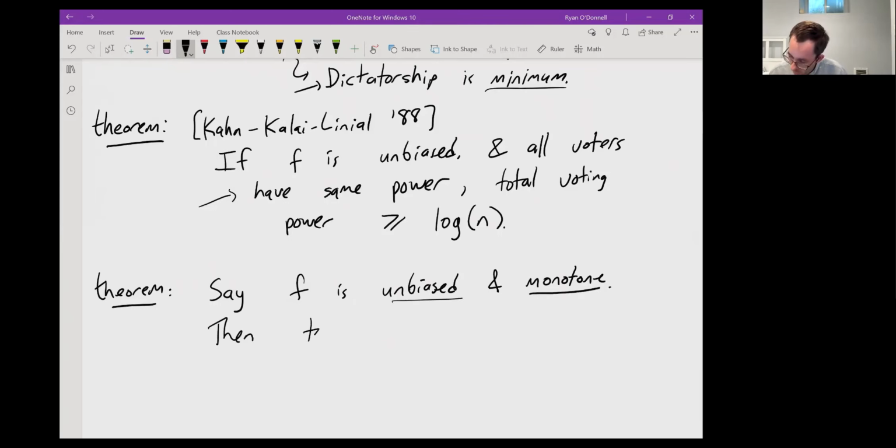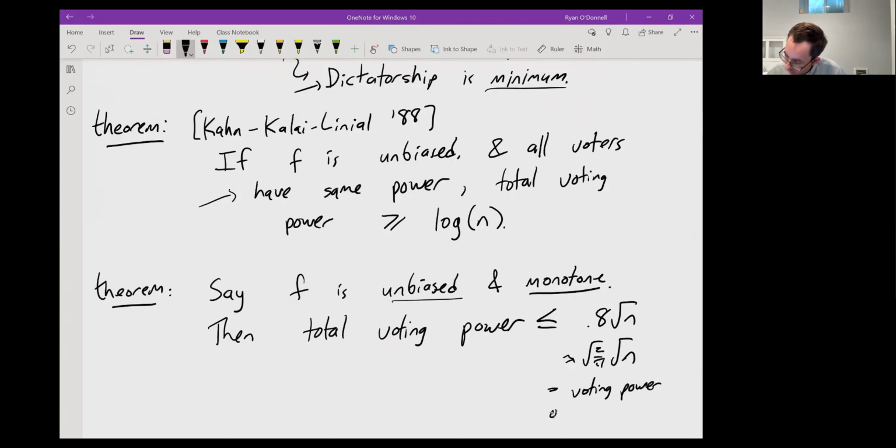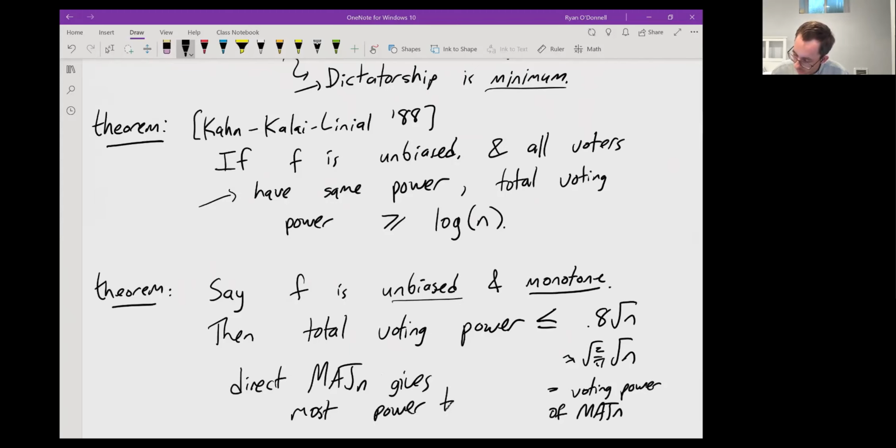Then the total voting power is at most this 0.8 times root n. Or more accurately, root 2 over pi times root n, or even more accurately, literally the voting power of majority. In other words, among all these simple voting rules that are unbiased and monotone, direct majority is the voting rule that gives the most voting power to the citizens. Okay, so there we can